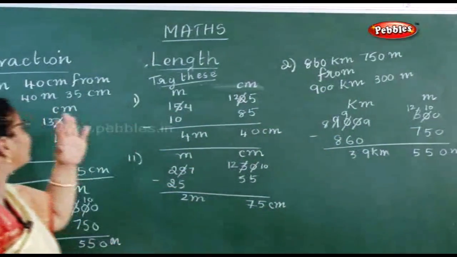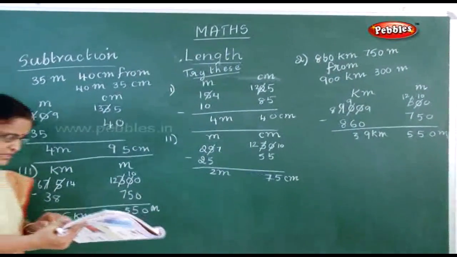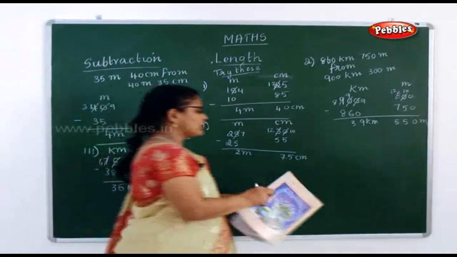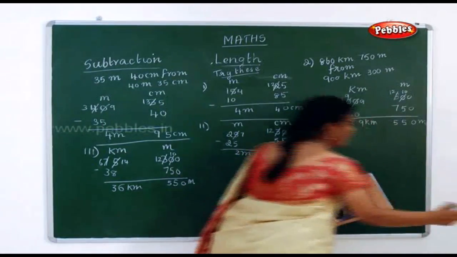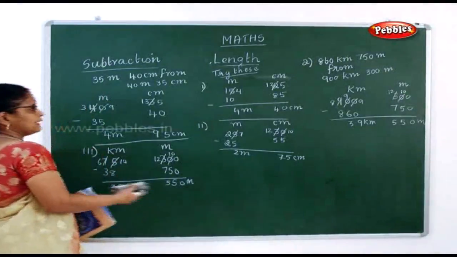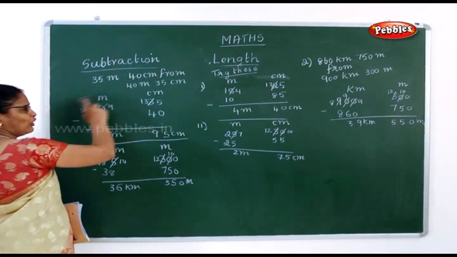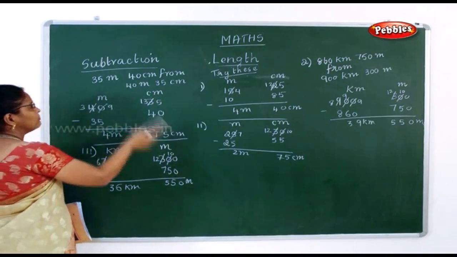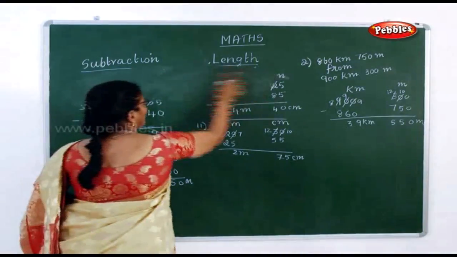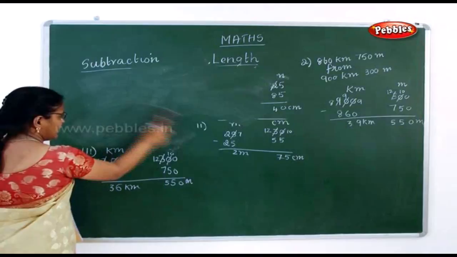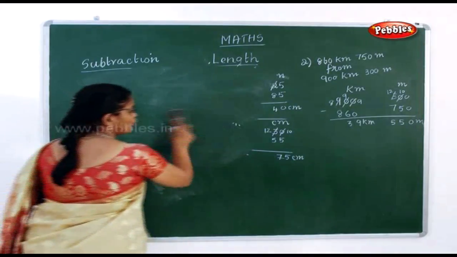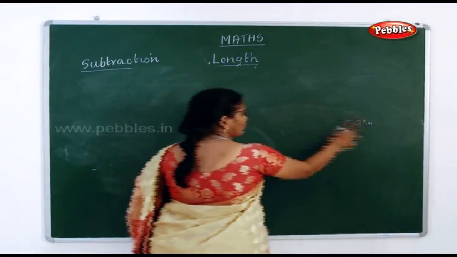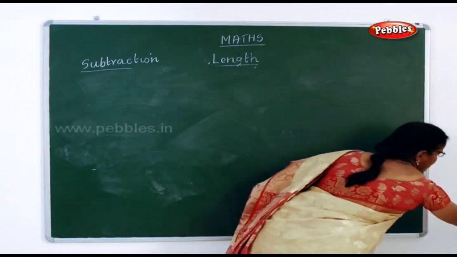So this is how you have to do your subtraction, which is given in your book. See the next one. I think you can go on with your statement sums. Am I right or not? Did you understand normal subtraction? That is, you have to write the heading always on the top, whether it is meter, centimeter, kilometer or meter. Now next, we go on with your statement sums. I told you what statement sums are. You have to read the full sum. What is given? Only then can you go ahead with your sums. Are you clear now?